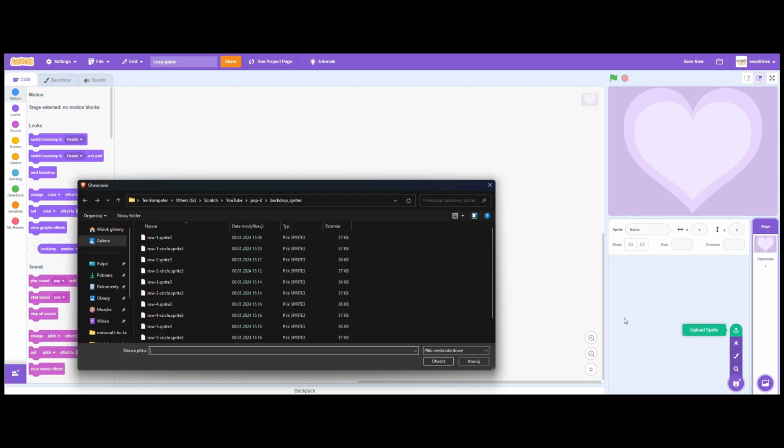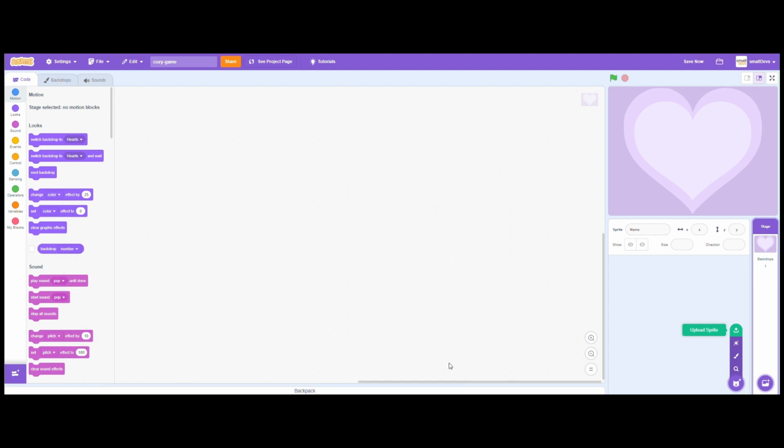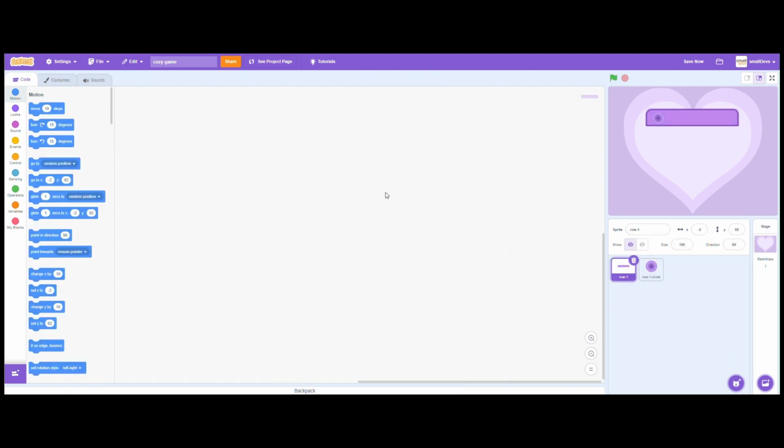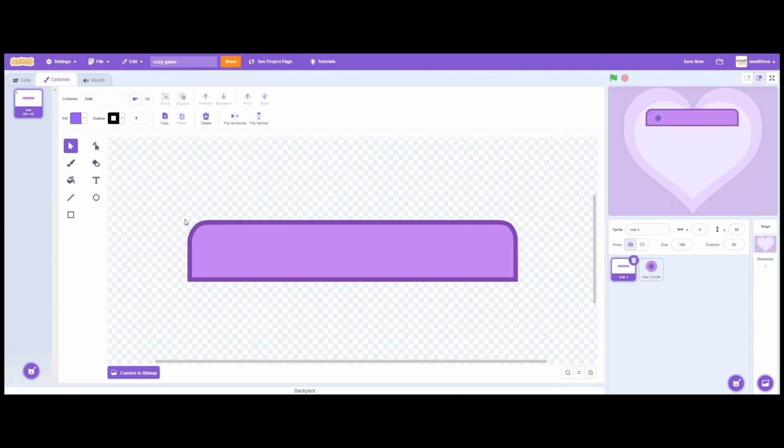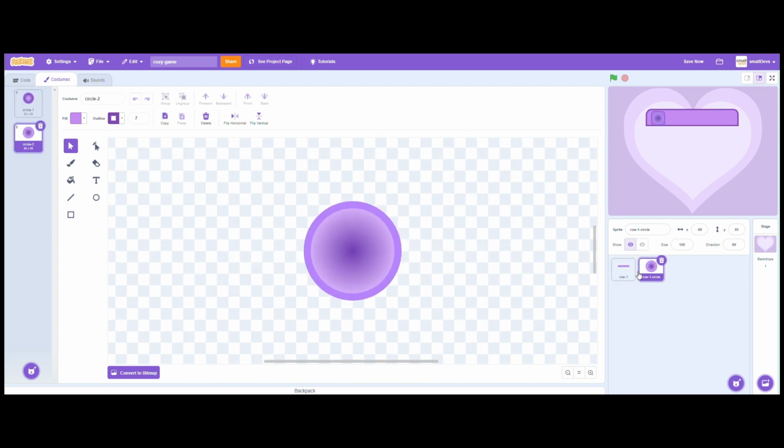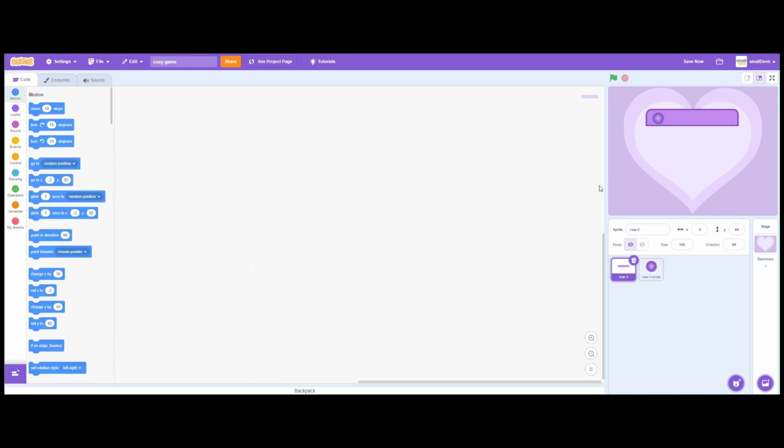Our puppet will consist of several colorful rows. Let's upload the first one to the project. As you can see, we have uploaded two sprites, one representing the rectangle and the other the circle. The user will be able to click this circle, so we have two costumes to recognize whether the bubble is pressed